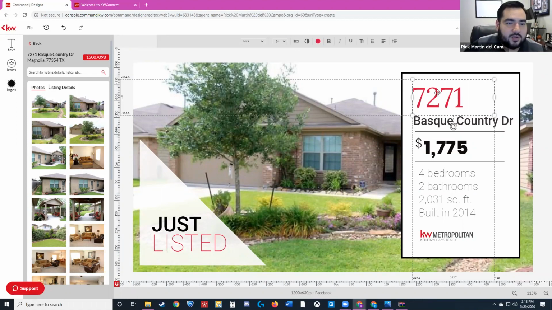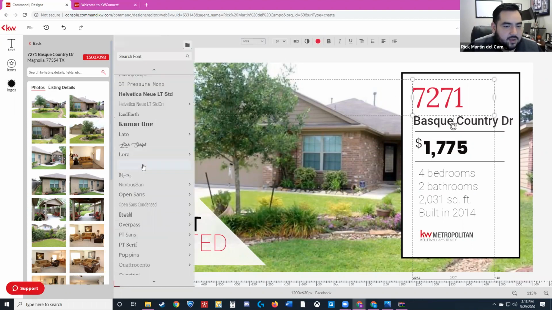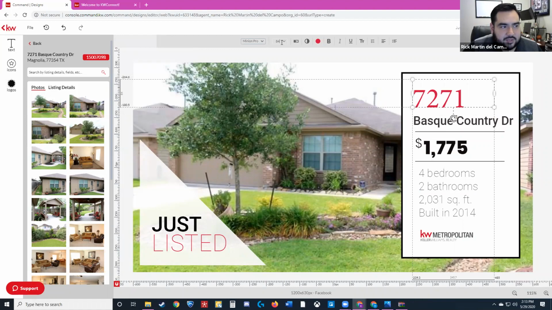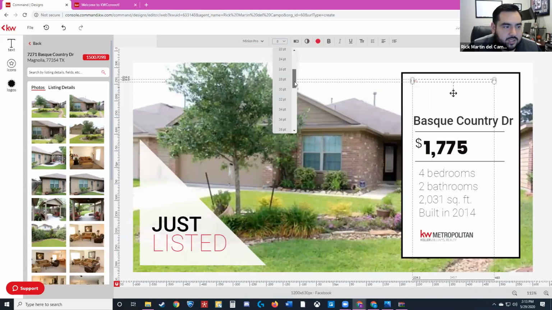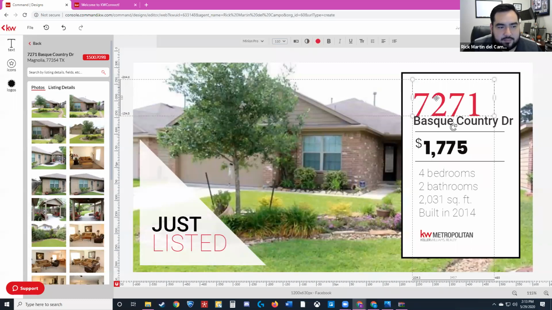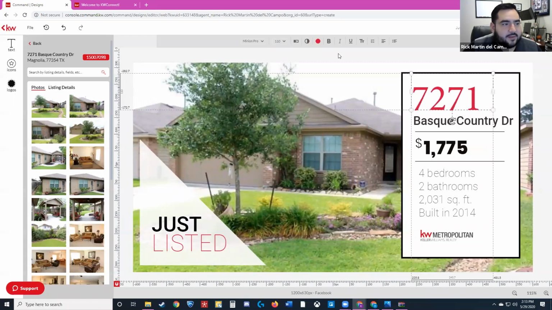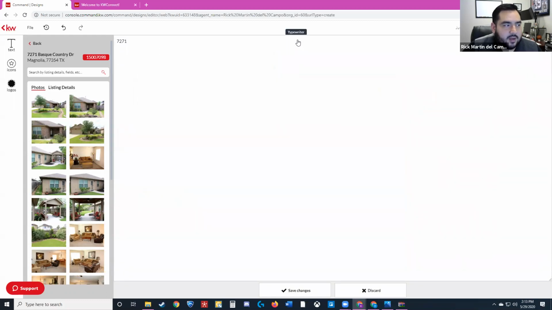When you're selecting a text, this right here is the font, so you can swap out the font, and it'll give you the different options. You can change the size, so you can make it really small at 10 point, or you can make it just really large. You can make it a 40. It's medium size, and you would just change the font like you would in any word processor. Here it says typewriter.